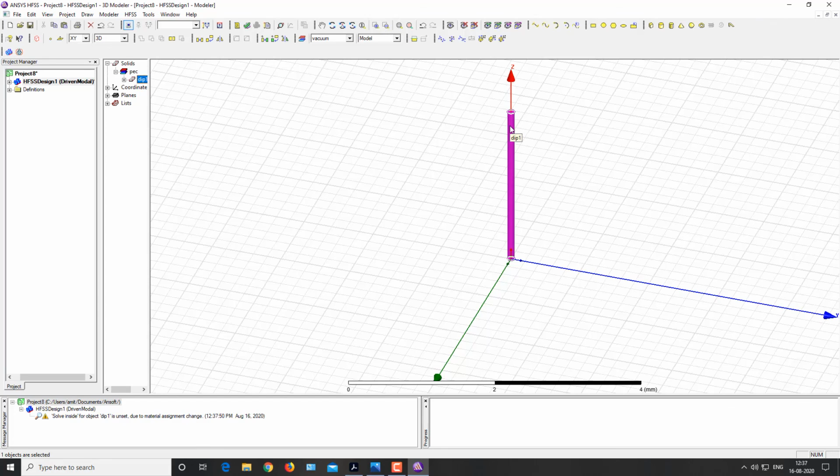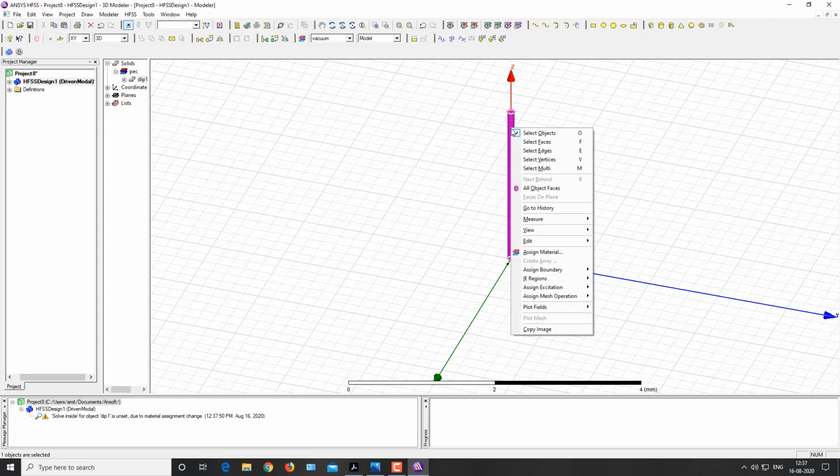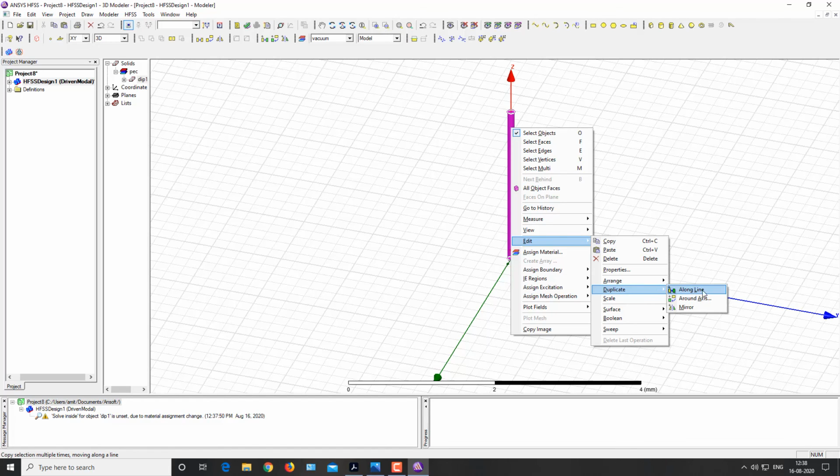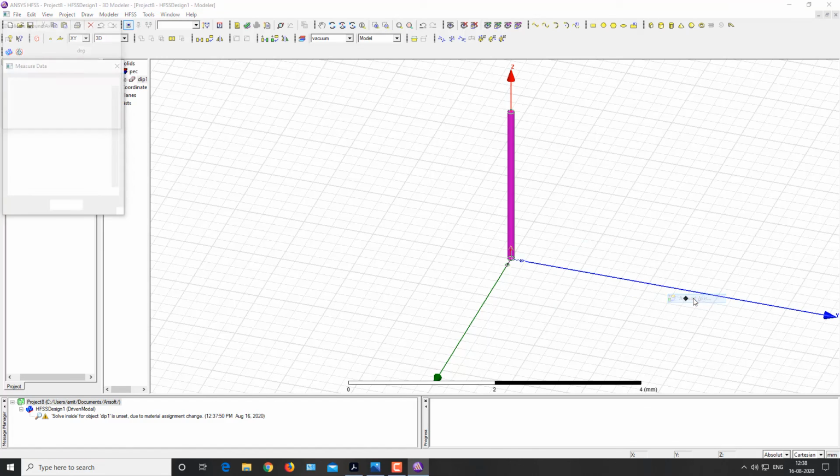Then select your object, give a right click, then go into edit. The duplicate option is available here. You can duplicate your object along the line, around axis, or you can create the mirror image of your object. I am selecting the around axis option and clicking on this.